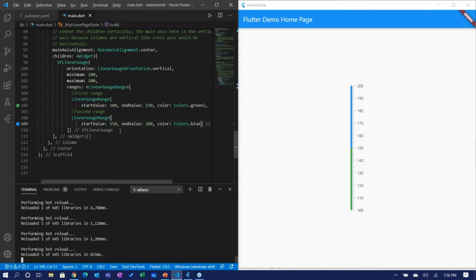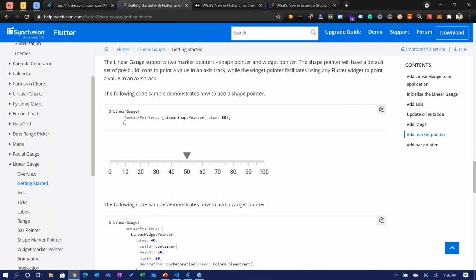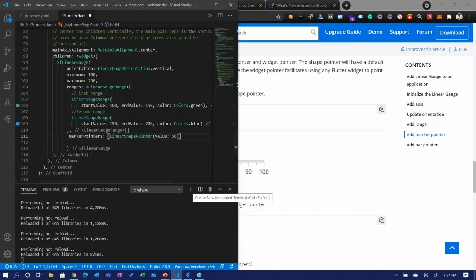Now let's see how to add a pointer. For the marker pointer, I'm just going to add a linear shape pointer. The value I have provided is 50.